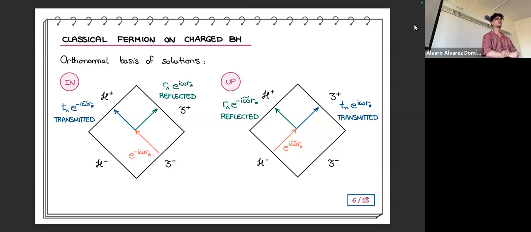Okay, so the solutions that we are interested in are the following. For example, the first one, the in-solutions. What do we call the in-solutions? The in-solutions are radial functions such that we have a unit flux of radiation in scri minus and nothing coming from H minus, okay? The Cauchy surface, because we have massless fields, is composed by H minus and scri minus, okay?